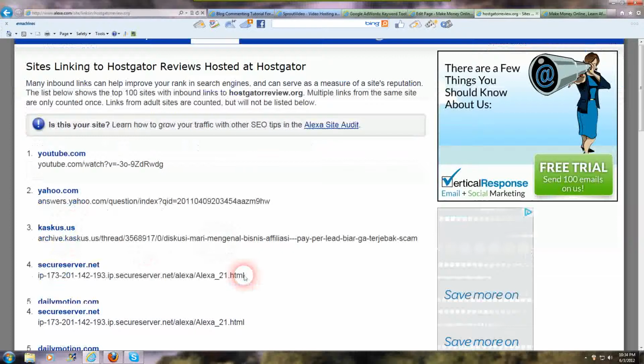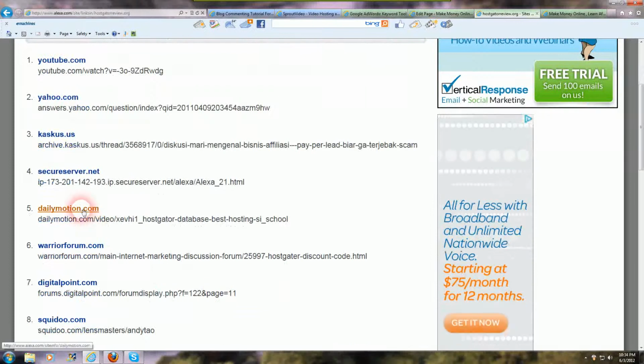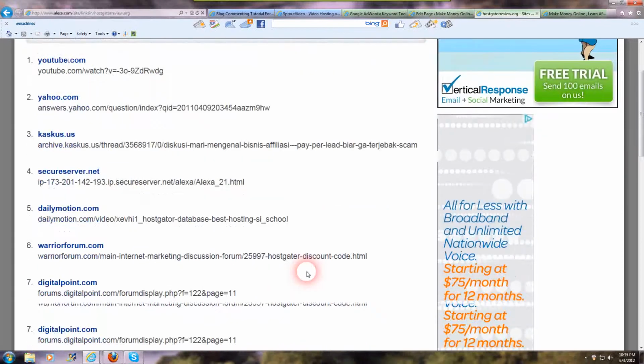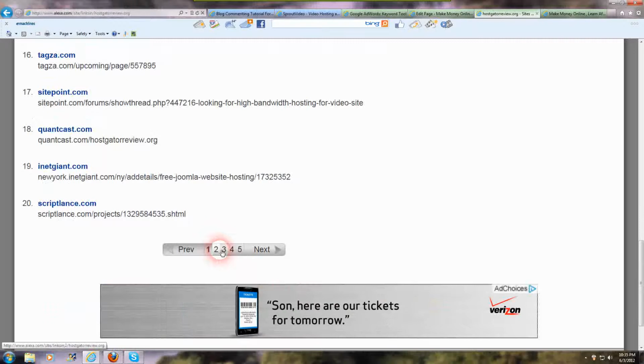YouTube, Yahoo. And all you can do is go through all these backlinks and get a link for yourself. It's pretty sneaky, huh? It's not really sneaky, but it's an extremely easy way to get backlinks, so you know why they're ranking so high. Hey, if they're ranking number one on Google, Yahoo, and Bing, I can too. So what you can do is take a piece of their backlinks. Now when you add all the backlinks you can of that particular blog or website you're going after,